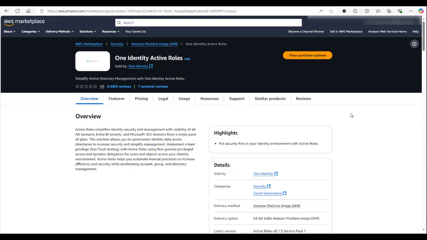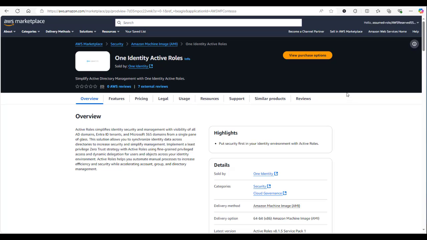For the database backend, an RDS Microsoft SQL Server was deployed, along with two blank databases. One database will be for the configuration database for Active Roles, and the other one will be for the management history. The connections to this RDS Microsoft SQL Server can be made using Windows authentication or SQL authentication. This video will review the process of using a SQL account to make the database connections.